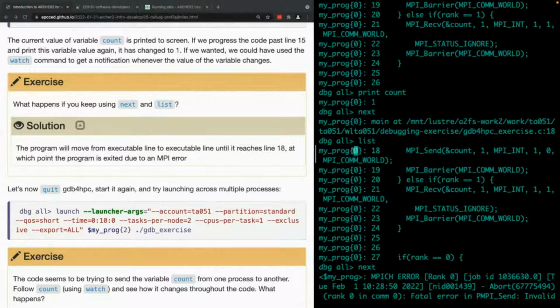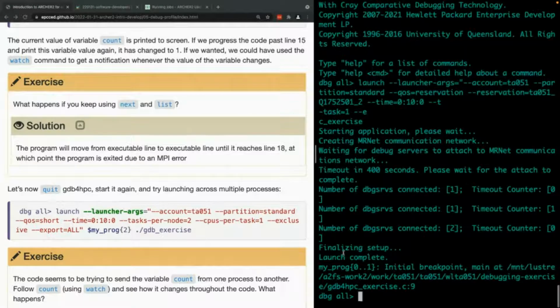That means this is the 0th MPI task reporting that it's at line 18, and this is the rest of the code. Down here, after we've launched our parallel job with 2 MPI tasks,